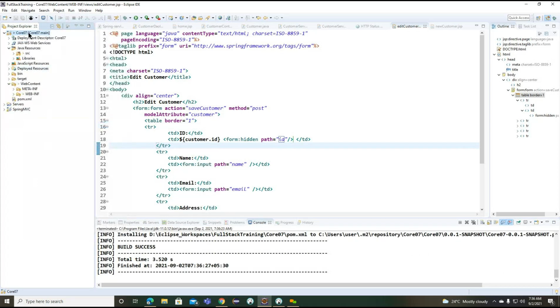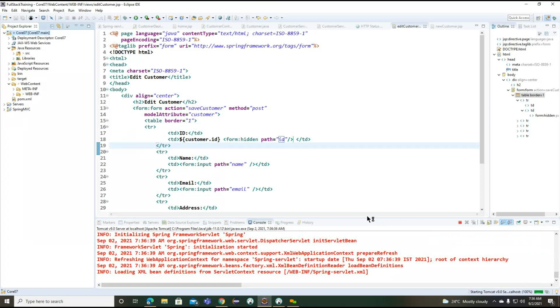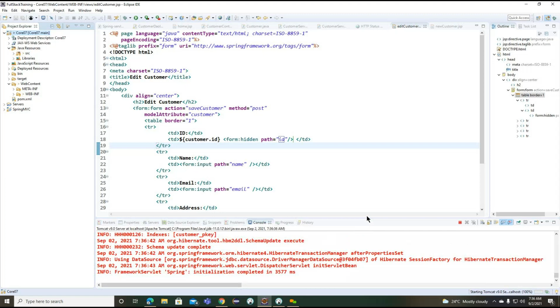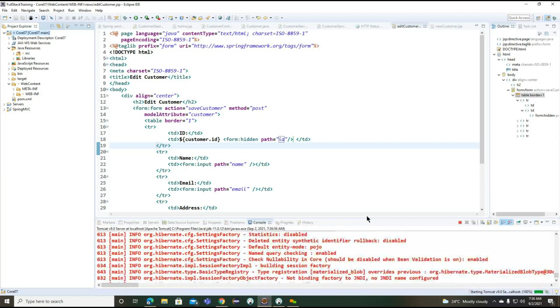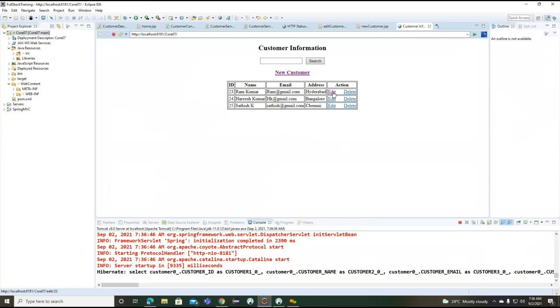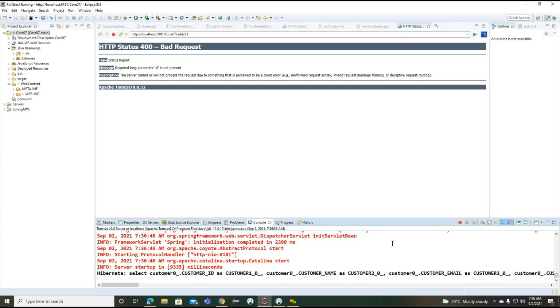Now I want to start the server. I want to click on edit here. What happened here? Okay, page is not identified.